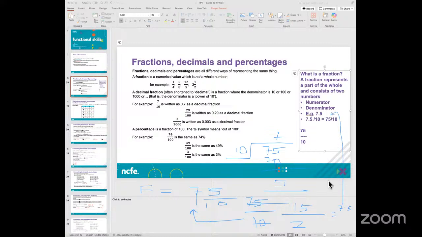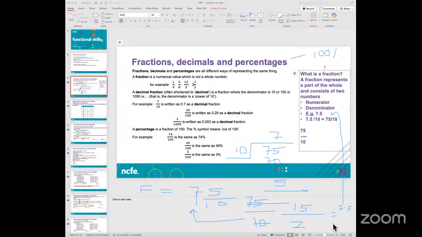So depending on the context in which we want to use numbers, we can express numbers as a fraction, as a decimal, and in some cases we can also express it as a percentage. The same number I can express as a percentage. Now, percentage is always in terms of 100, in the context of 100%.